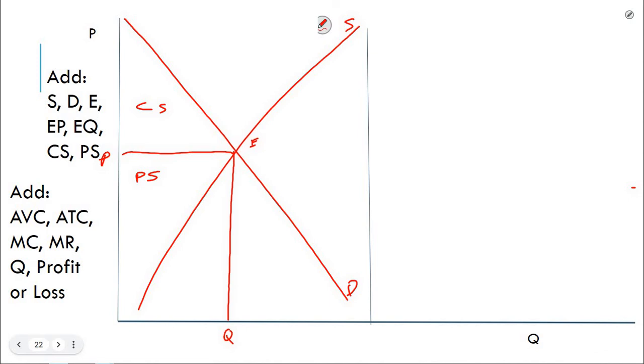Okay, now we're going to talk about your average total cost curve. So as you can see, I've already drawn a standard supply and demand curve, figured out equilibrium price, equilibrium quantity, all that fun stuff. Now we'll draw in our